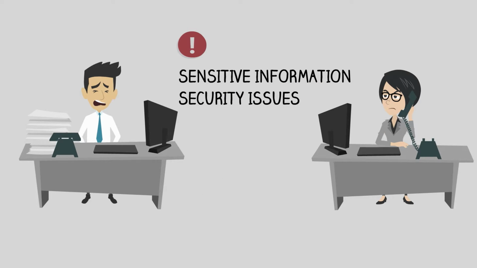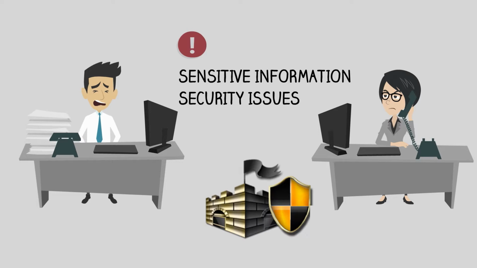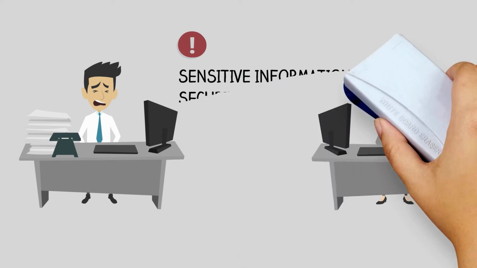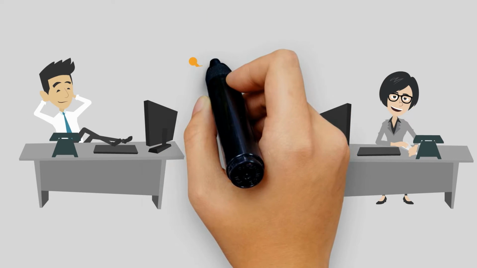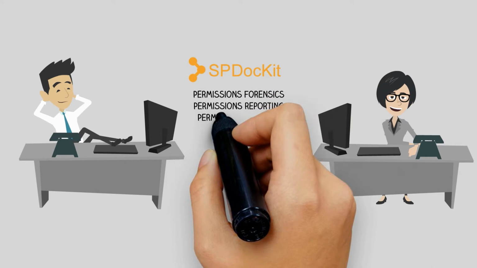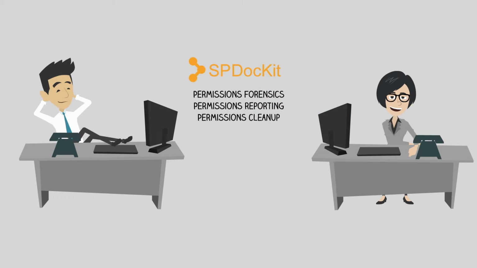A lot of sensitive corporate information is stored in SharePoint, and giving unauthorized people access to classified content can pose a big threat. It is therefore important to be able to report at any time who has permissions and through which channels those permissions are given. SharePoint does not offer that ability out of the box, and it is a hassle to code that in PowerShell. At this time, SPDocKit is the only tool on the market that can cover those use cases and perform full